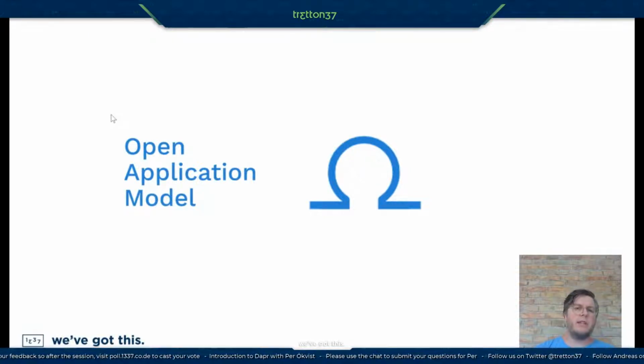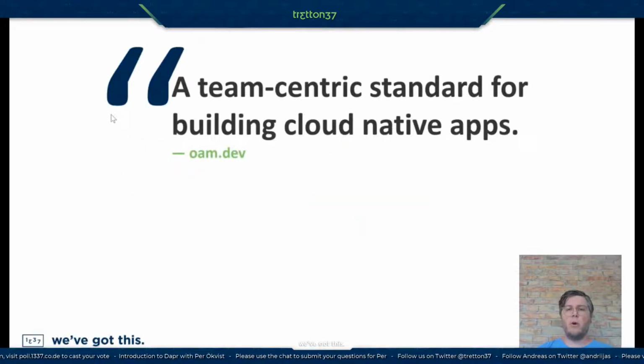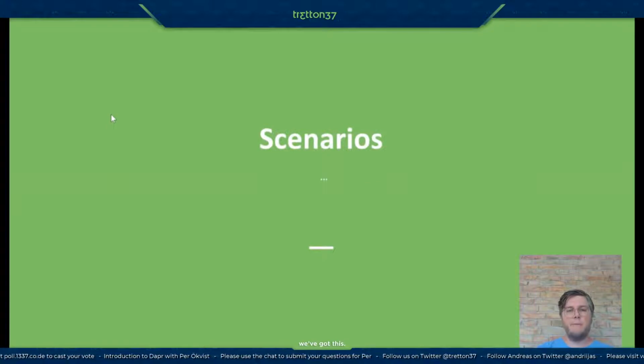The first was the cloud events. And if you're familiar with Kubernetes or other deployments of application that have different flavors in languages, how you describe both your application and your infrastructure. So Open Application Model is now one specification to describing applications from mainly a developer's experience. So it's a team-centric standard for building cloud-native applications.